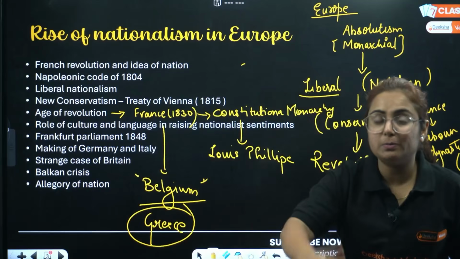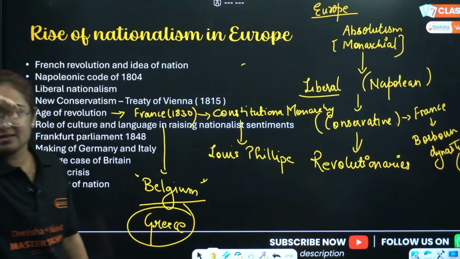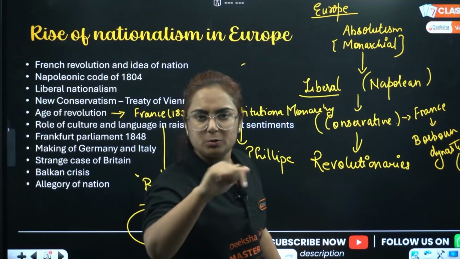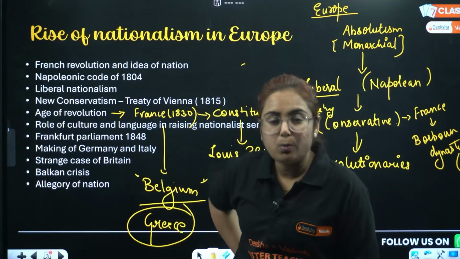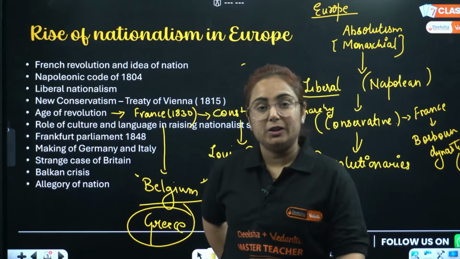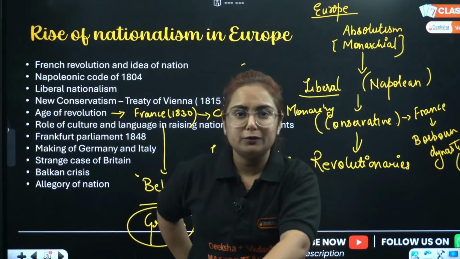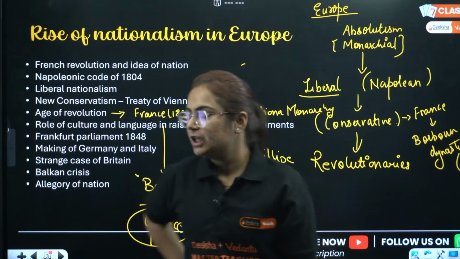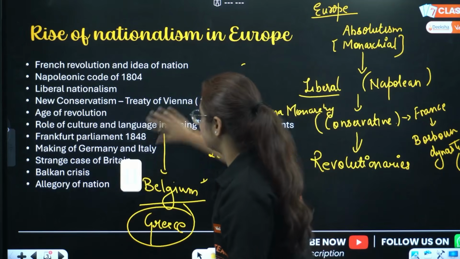Greece was a part of the Ottoman Empire. Taking the side of the culture, people said, oh my God, this is the cradle of civilization and this should be independent. By the Treaty of Constantinople, what happened, students? By the Treaty of Constantinople, Greece became an independent nation coming out of the Ottoman Empire. Okay, very good. We completed all of this.